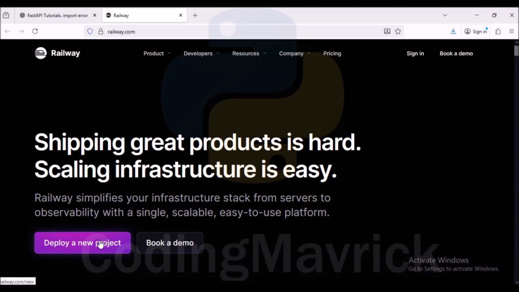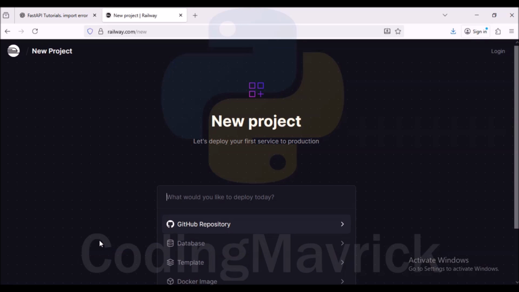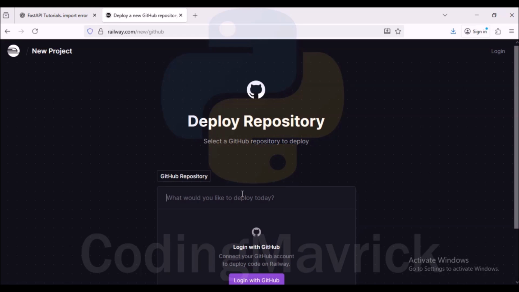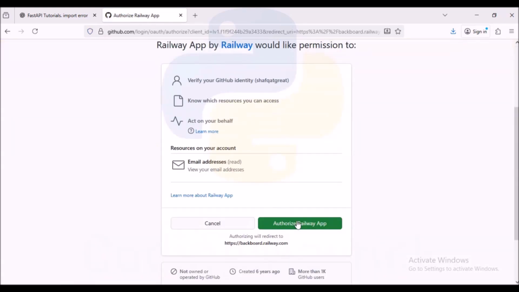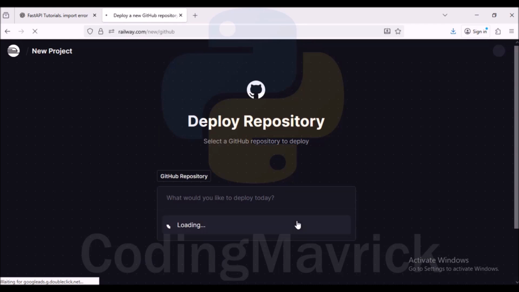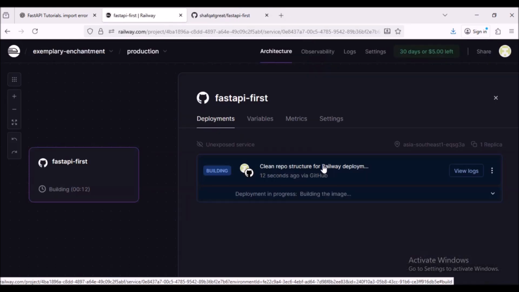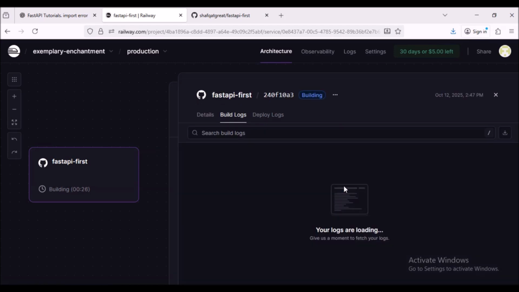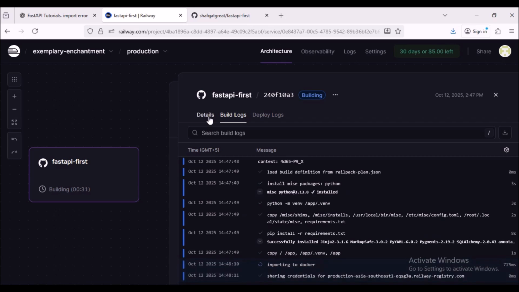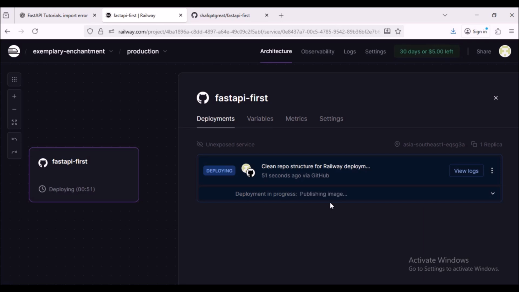On the main screen, click on the Deploy a New Project button. Select the option GitHub repository. Now click on Login with GitHub. It will authorize the Railway app to connect with the GitHub repository. After successful linking, Railway will start building our project. You can view your logs during the build and deployment process. This cloud platform may take some time during the build and subsequent deployment, and after the successful build it will